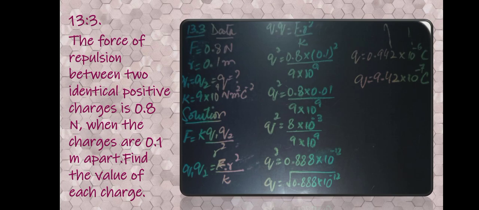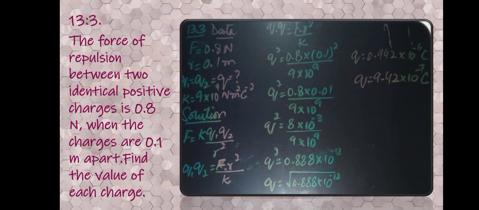K is also not given in this statement. You have to write it in the data, because you know that for finding out the Coulomb's force you have to use K, the proportionality constant for the medium, air, between the charges. In the statement, no medium is given. It is not mentioned in which kind of medium the charges are present. So you have to take the medium as air, and you have to use the value of K for air, that is 9 into 10 to the power 9 Newton meter square per coulomb square.